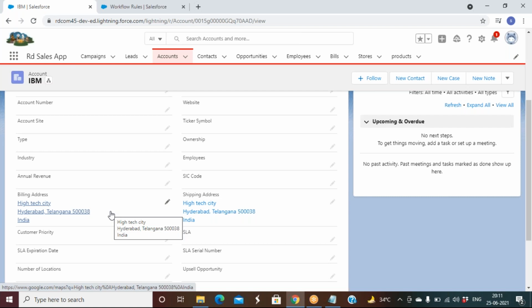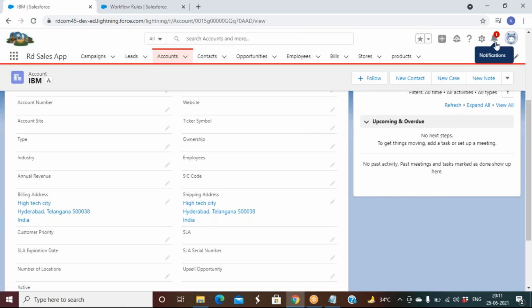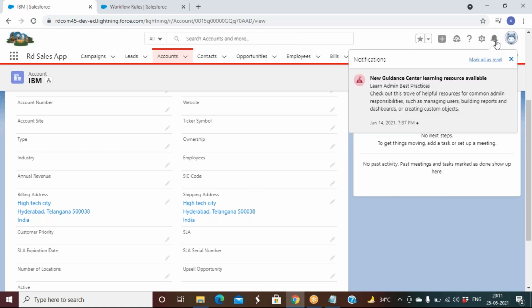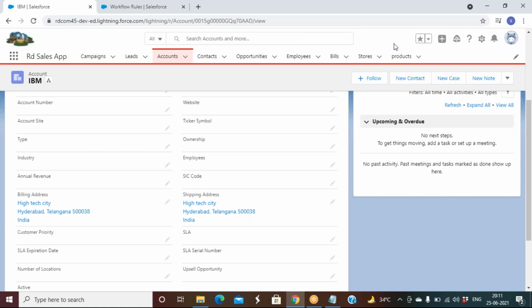Now in the same way, there is a notification here, right? I'll show you how to create a Chatter post also. So there is a notification, and you can also create some notification labels. Why I'm talking about the notification and Chatter here is because I'll be doing a requirement using Process Builder. Whenever an employee record is created, we want to send a welcome email to that new employee, which we have seen, right?